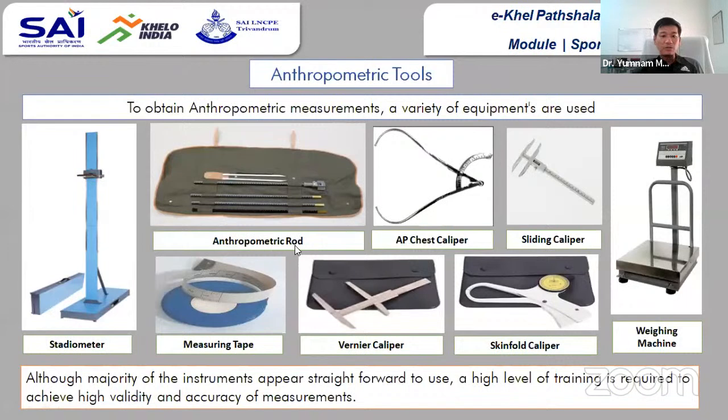Another is the anthropometric rod. This is a multi-purpose equipment, and the word itself comes from anthropometric rod. We use it for taking linear body measurements like height, stature, length, diameter, or breadth. This anthropometric rod is used for lengthwise and breadthwise measurement, mostly linear measurement of the human body. So with this we can measure height and the lengthwise dimension of different portions, and also the broader breadth.